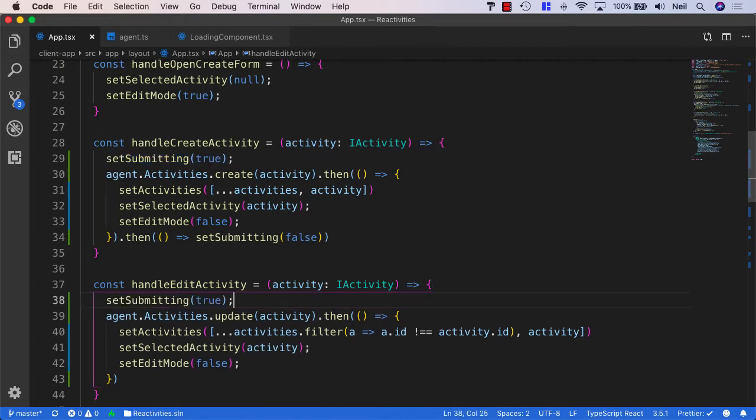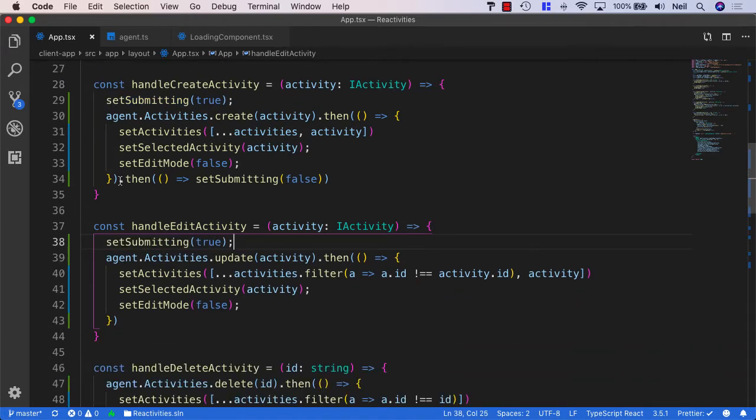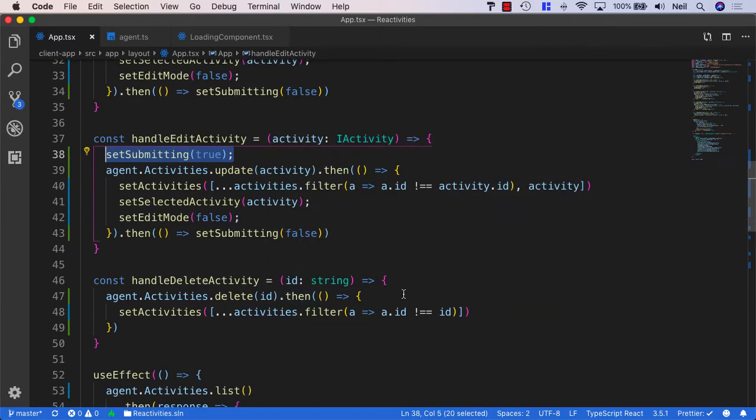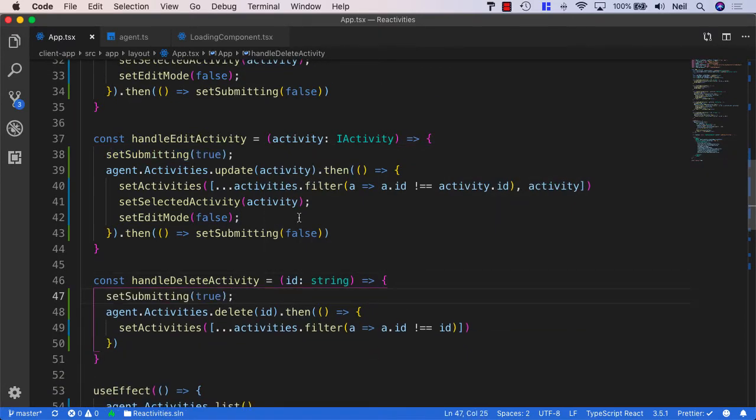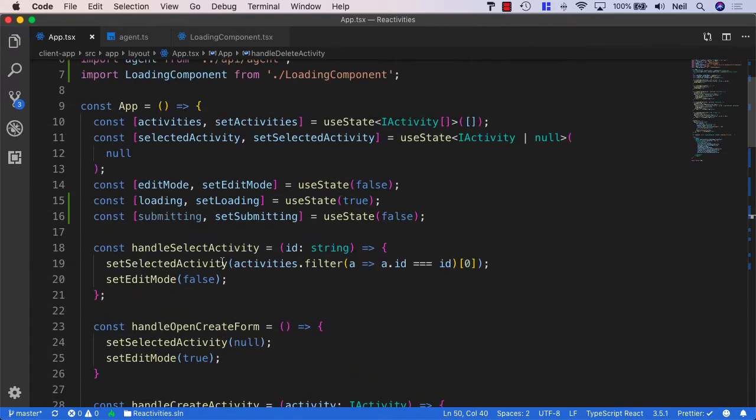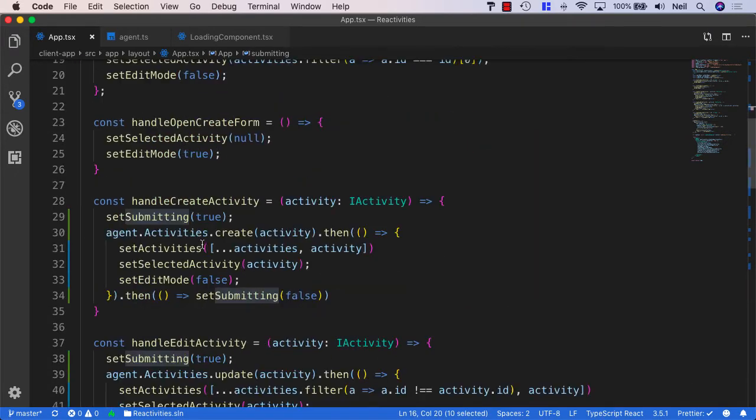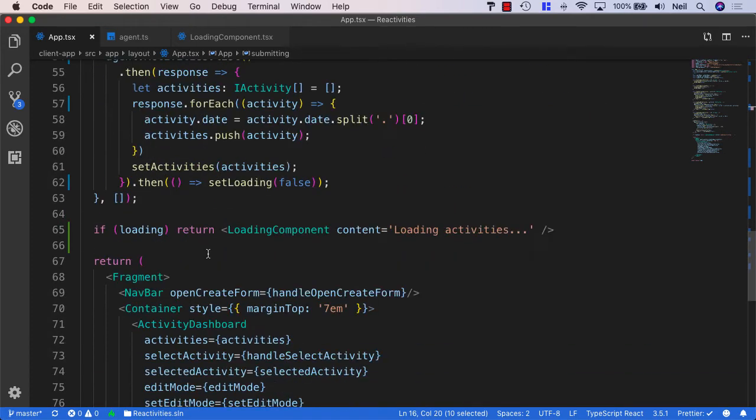So we'll do the same for the edit activity, and I'll just copy the line statement here as well and paste it after this one. And I'll just do the same again for the delete activity and copy the line statement and paste this in here. And what we then need to do is pass down the submitting to our activity form and to our